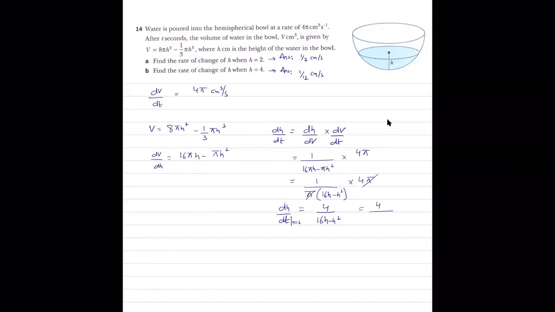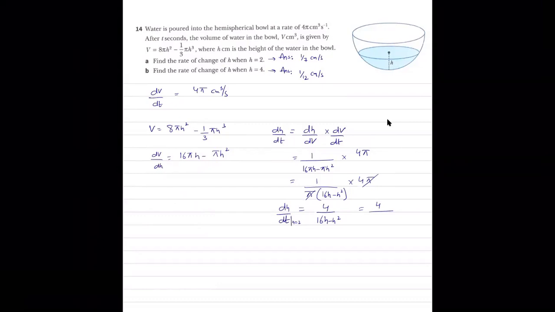Directly, meaning insert the value of h here, find the value of dv by dh and then reciprocate it, is that what you are saying? No, sir. I'm just asking, what if we had directly written dh over dv? Why do we find dv over dh? Why couldn't we find dh over dv here only?